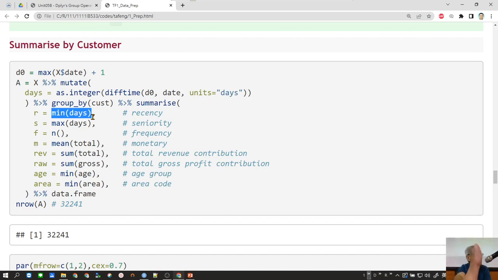That's the most recent record that he bought from us. And seniority is like the maximum days, right? And F is the frequency, the number of times he buys from us, the number of transactions generated by this customer, right? The monetary is actually the average. When this customer buys from us, what is his average